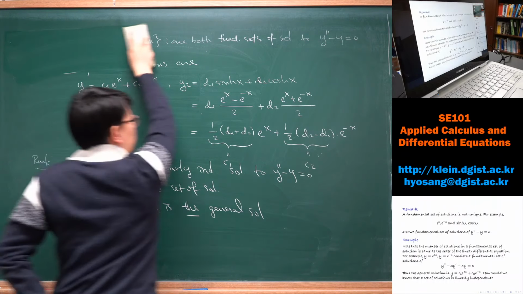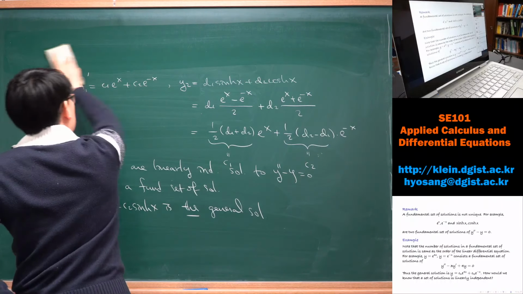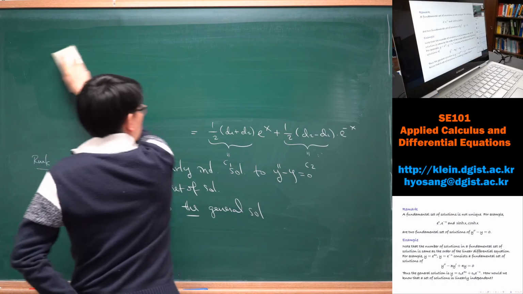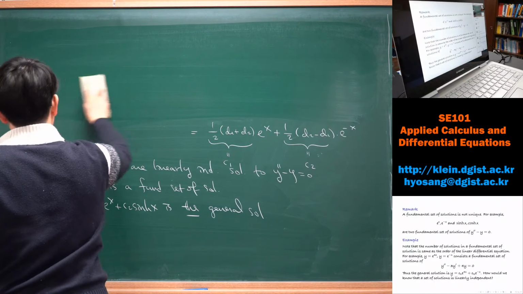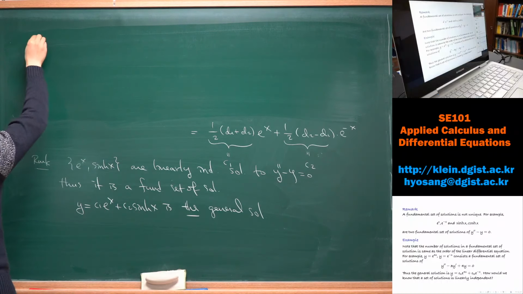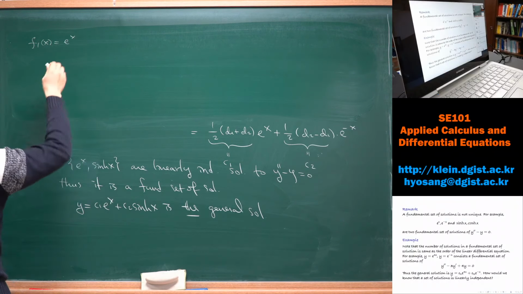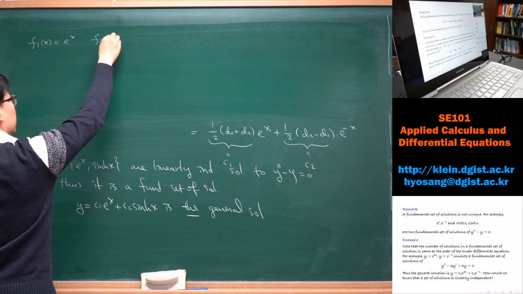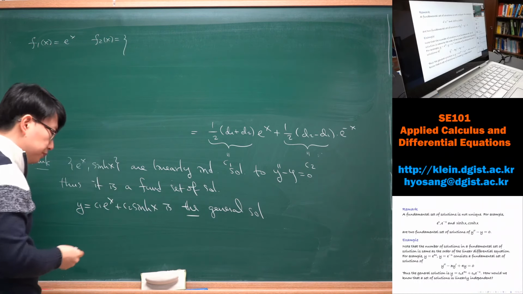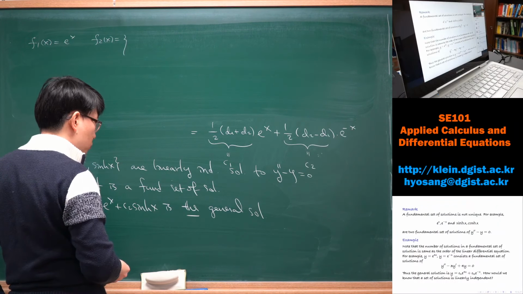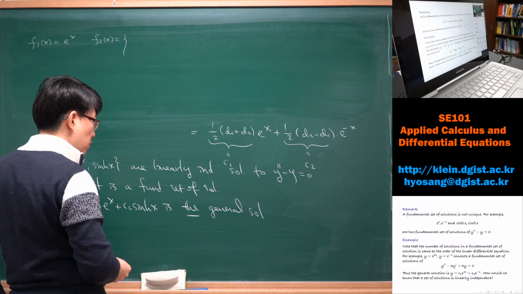Okay, so here's the questions. This is a mathematical question. Let's say I have f1(x) equals e to the x, and I have f2(x) equals